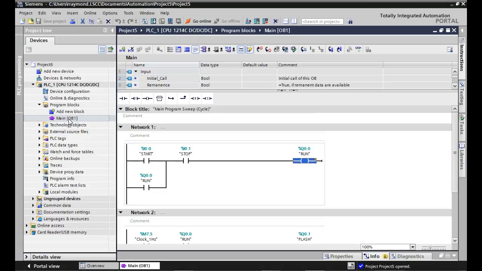Everybody okay? Now, the problem is I'm not connected to a PLC. I need to go get one. Where's my PLC? Oh, the one